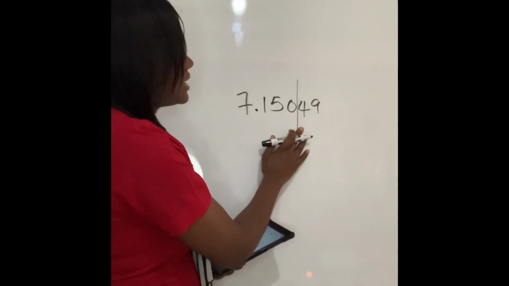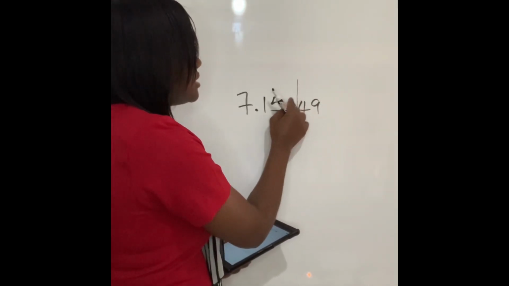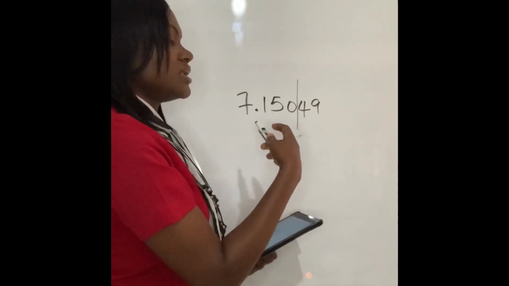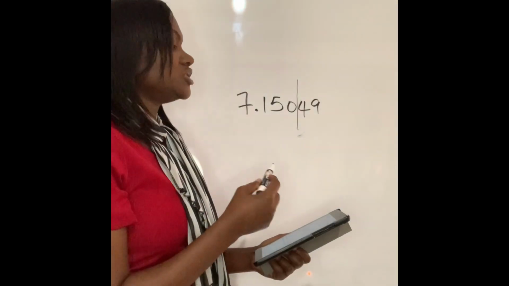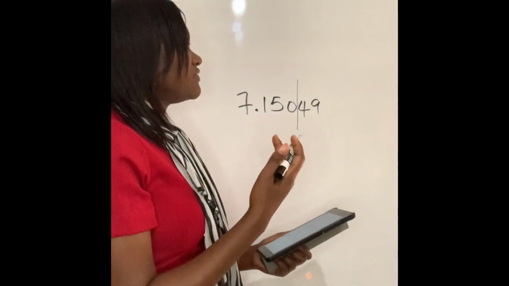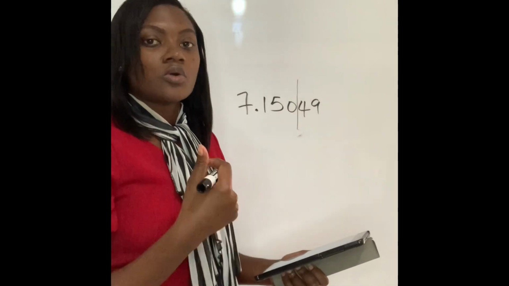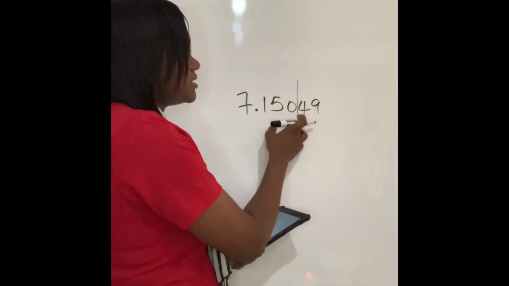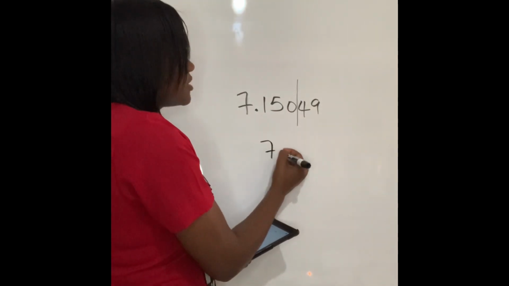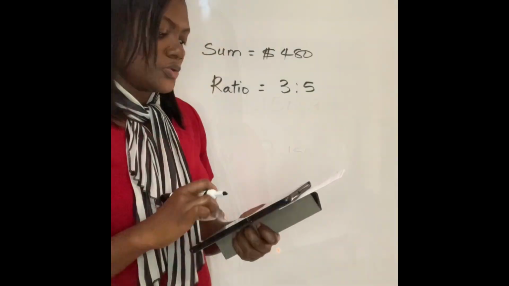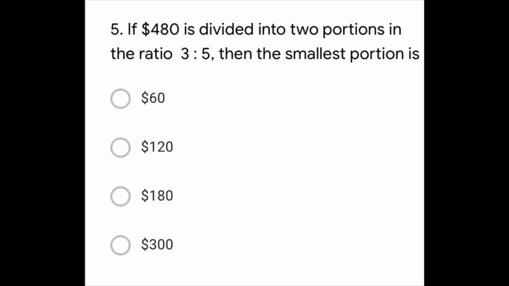And by looking at this, we notice that the digit to the right of where our cutoff point is 4, and we know that if it's less than 5, which is 4, 3, 2, 1, we would round down or let it remain. However, if it's 5 or more, we would actually round up. So in this case, we would actually round down or let it remain, since it's 4. So it's going to be 7.150, and our answer for that one would have been